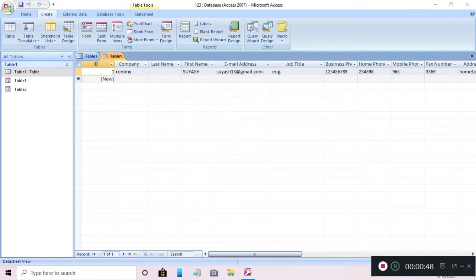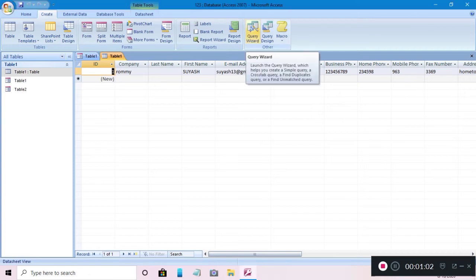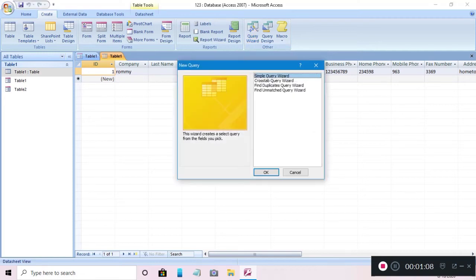Again, we will go to the create option. Here you will find the third group, the last group, query. What you have to do is select the first option, which gives us the simple query wizard. When you click over it, it will show simple query, cross table query wizard, find duplicate query wizard.